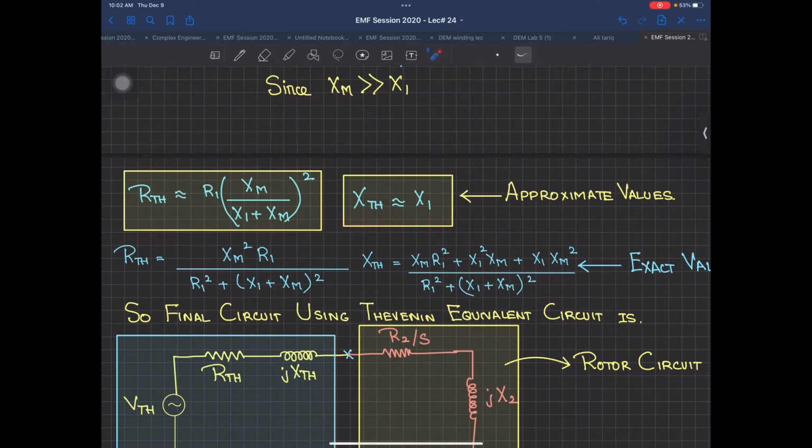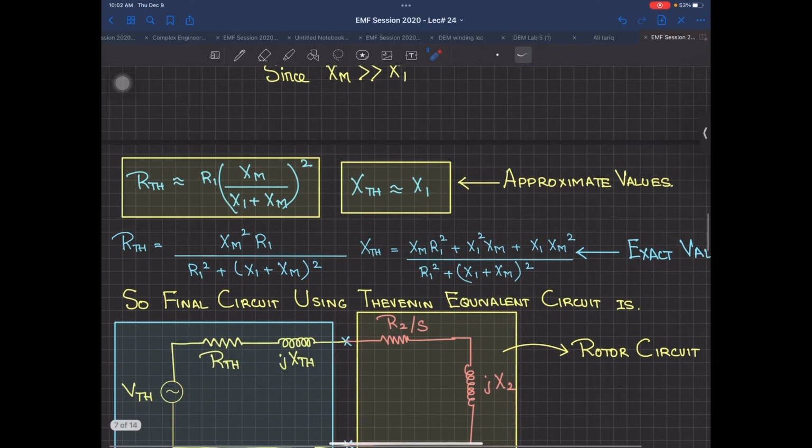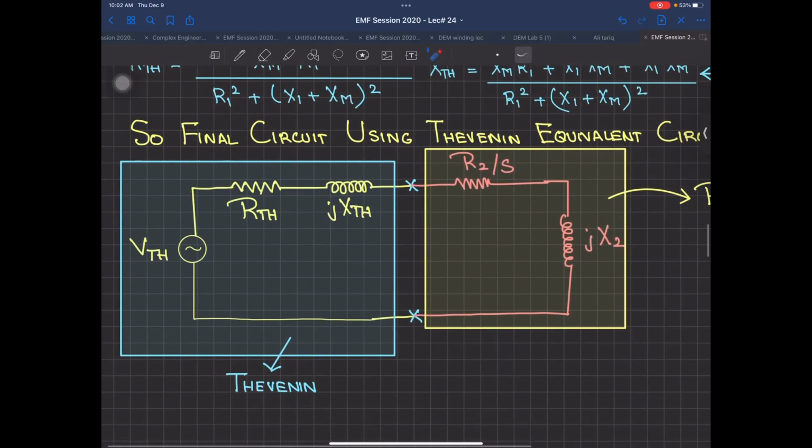But remember one thing. In all of these questions, you have a Thevenin equivalent circuit. Please have a habit of drawing the circuit. Direct answers likhne nahi hai. You have to draw the circuit so that the examiner knows you knew that it was a Thevenin equivalent, and do show that you are actually doing this for current I2. So you can maybe just do 2 or 3 lines on each step and you have the answer.